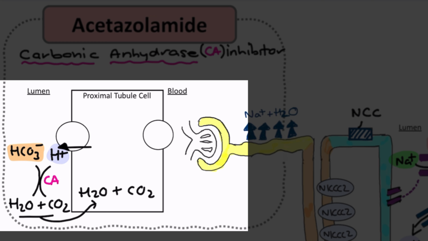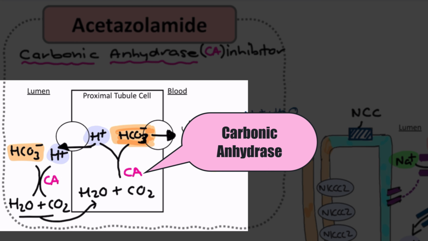From there, the carbon dioxide and water are then converted back into bicarbonate ions, which go into the body, and hydrogen ions, which can then be recycled, pumped back into the tubule to grab another bicarbonate ion, and so on and so forth. And this cycle continues until we've absorbed most of the bicarb that came in there. And the enzyme that is at the heart of converting that CO2 and water back into these ions is carbonic anhydrase, right? So we can see that the enzyme at the heart of this whole bicarbonate reabsorption is carbonic